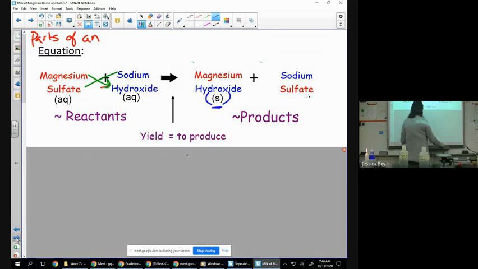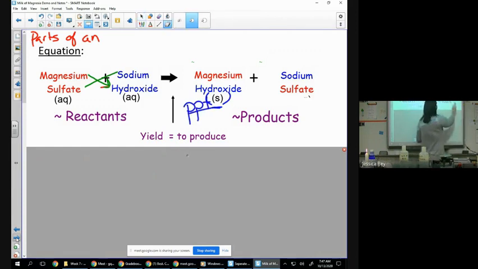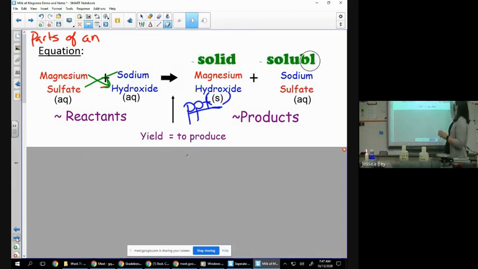That is my precipitate. Sometimes people write PPT for precipitate. And the sodium sulfate in my beaker is an aqueous solution. Okay, so in here I had magnesium sulfate, sodium hydroxide react together to make magnesium hydroxide and sodium sulfate. If it is a solid and this is a soluble solution,